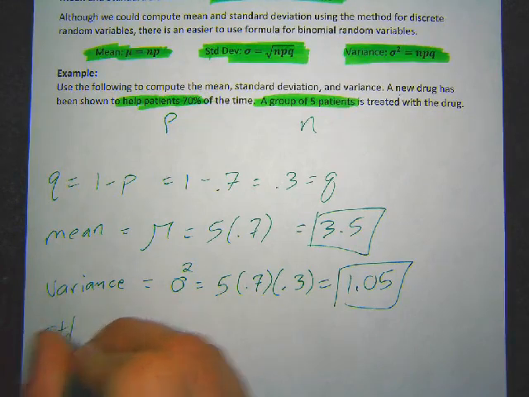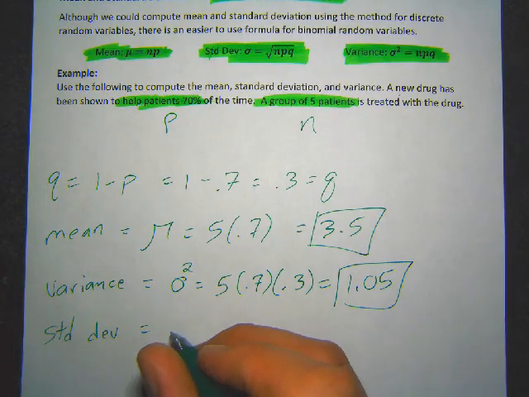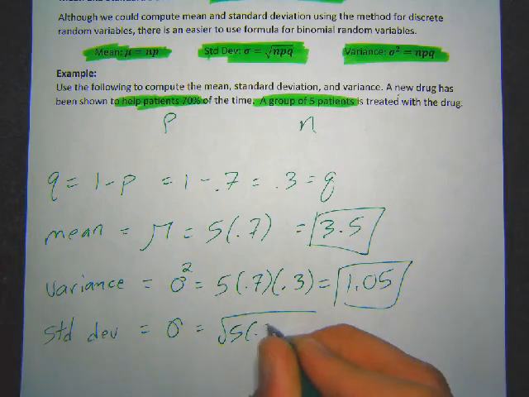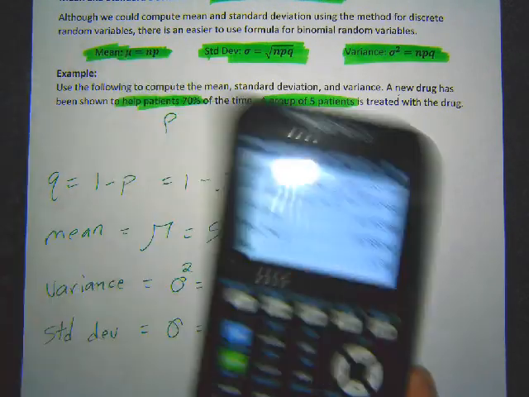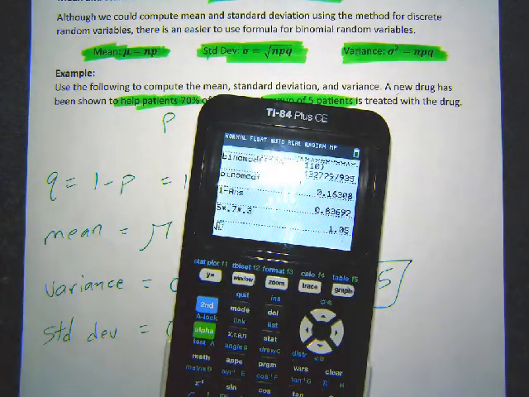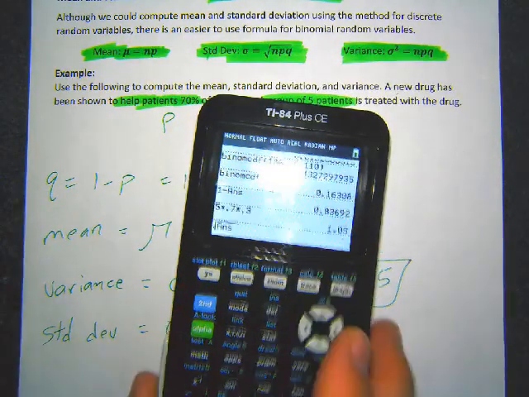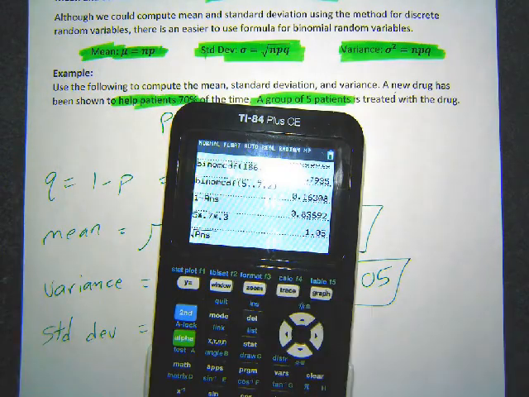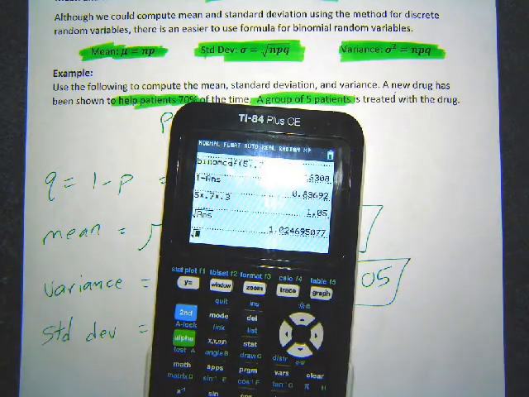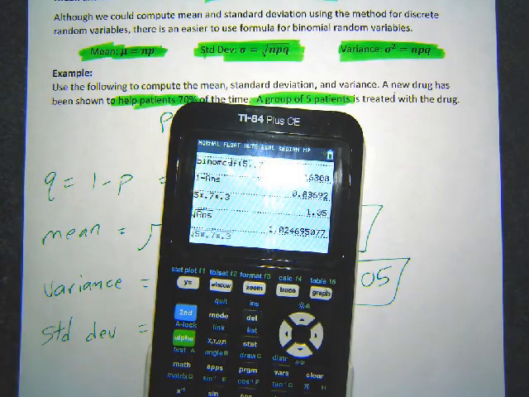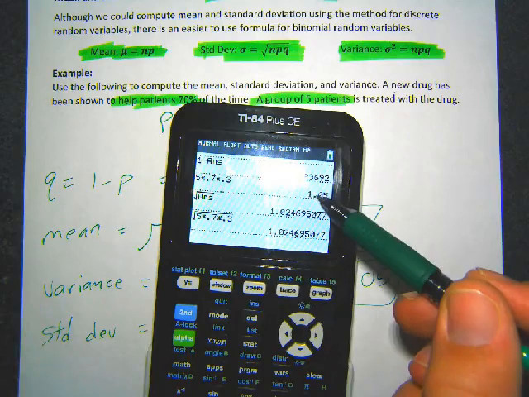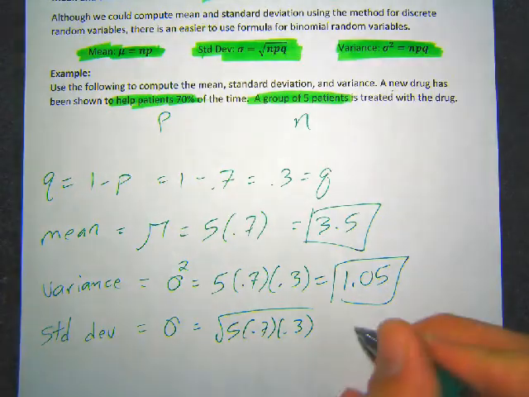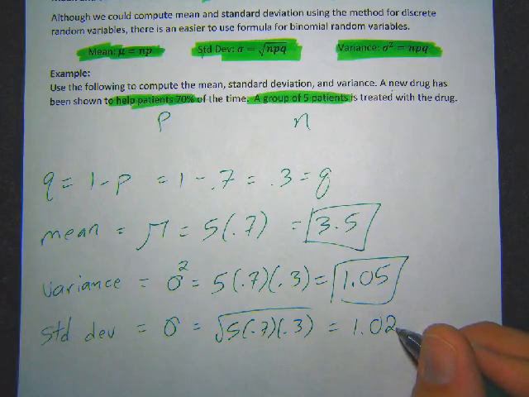Last thing is standard deviation. Standard deviation is just the square root of that, or just the sigma without the square. So we're just going to take the square root of 5 times 0.7 times 0.3. On your calculator, if you already have that answer, you can hit second, square root, and then second, answer. There's a little ANS for answer, and it just takes the previous answer and puts it inside the square root. So you just hit enter. It's the same thing you'd get if you just typed square root of 5 times 0.7 times 0.3. I just like to use the ANS because it takes the previous answer that I already figured and throws it in there for me. Okay, so standard deviation for this one is 1.025. I can round it to whatever,